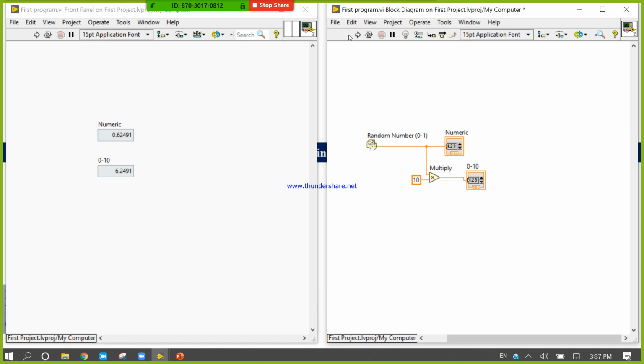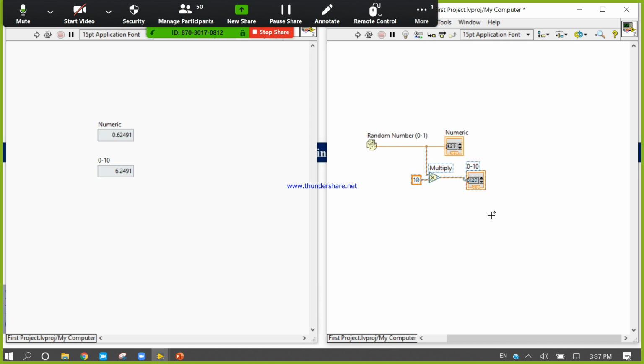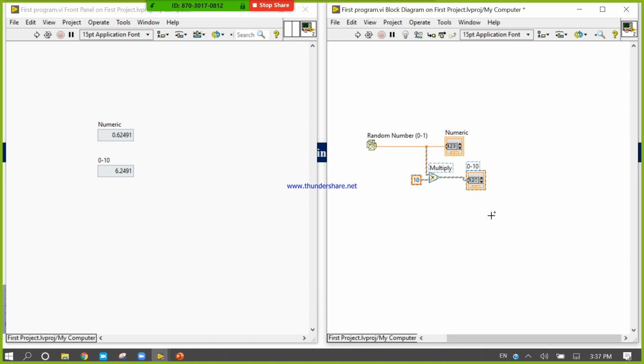Now this arrangement will generate numbers in the range of 0 to 10. The number will not go below 0 and will not reach 10.